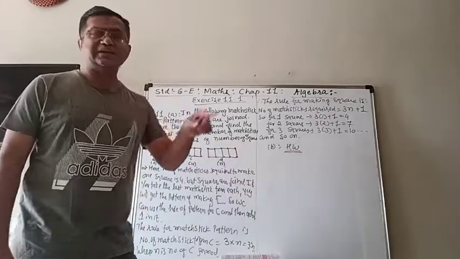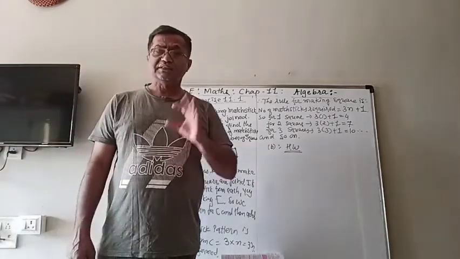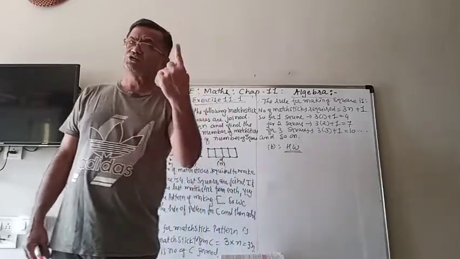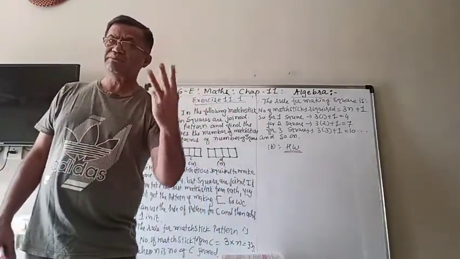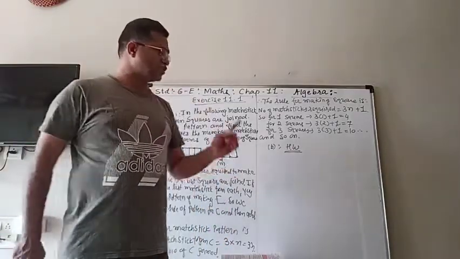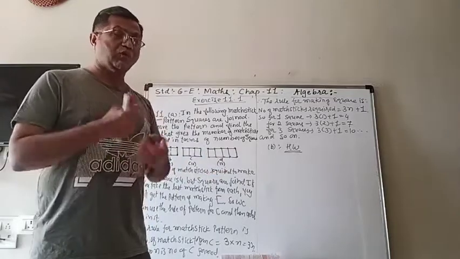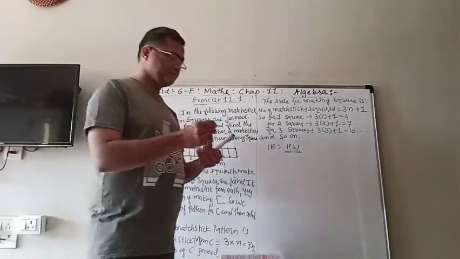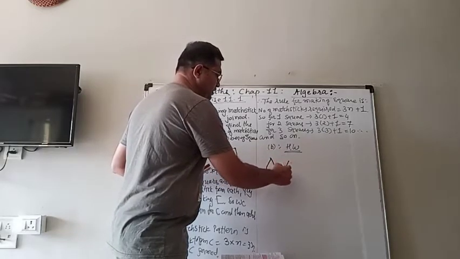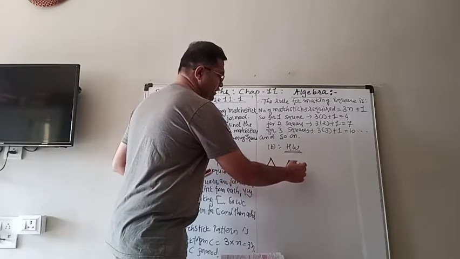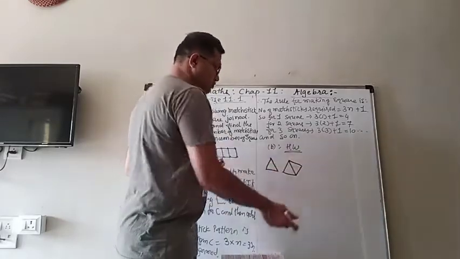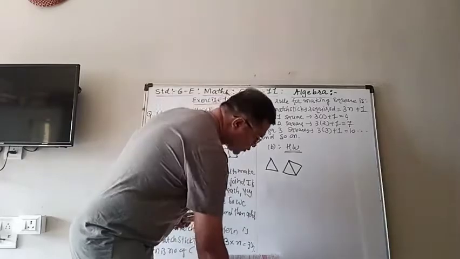Similarly, for the second, there are triangles which are joined together. You know that to make one triangle, 3 matchsticks are required. But now these triangles are joined and in them also one matchstick is common. The pattern is like that. There is the one triangle, and here to make another triangle, the one matchstick is common. To make the third triangle also you can see that one matchstick is common.